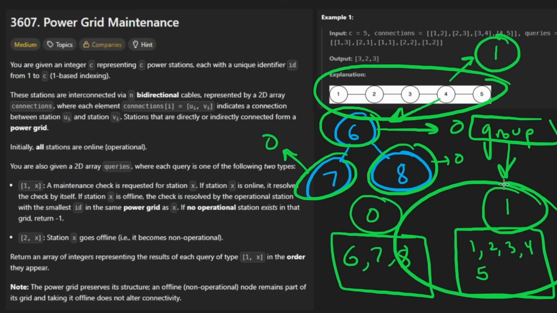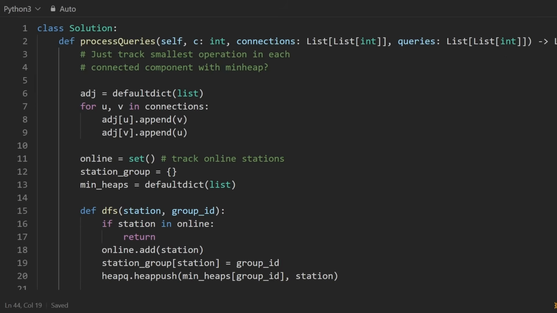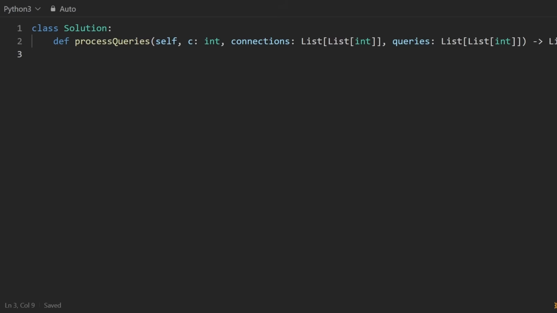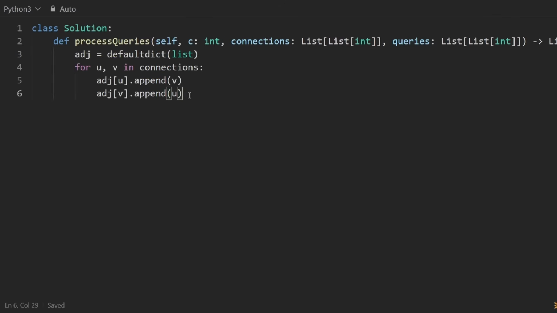Now let's get into the code, and it's going to be a decent amount of code. So I'll try to go through the boilerplate stuff pretty quickly. The first thing I usually do is just build the adjacency list. I think if you made it this far into the video, you probably know what this does, but this is a default dictionary in Python. If you want to learn some of these Python tips and tricks, you can check out Python for Coding Interviews